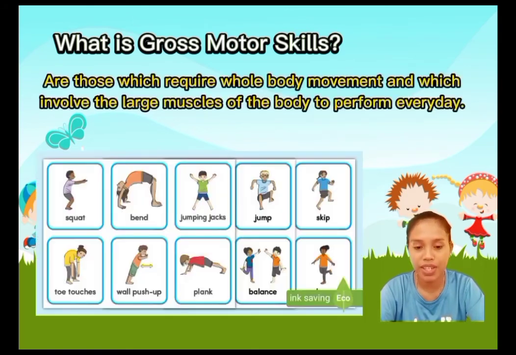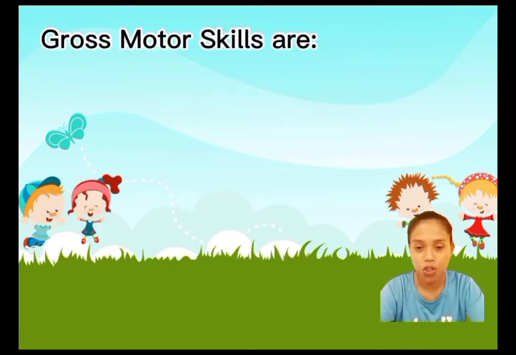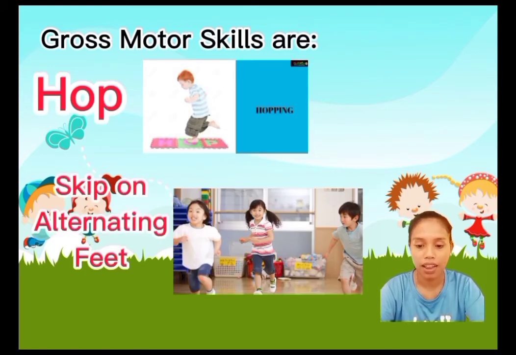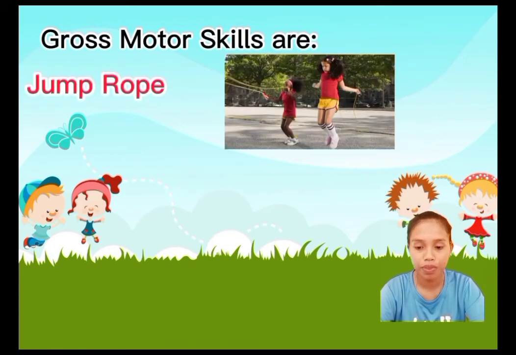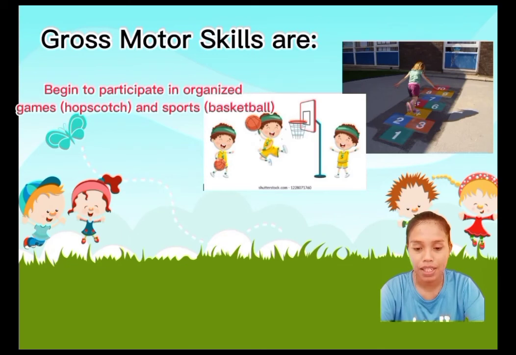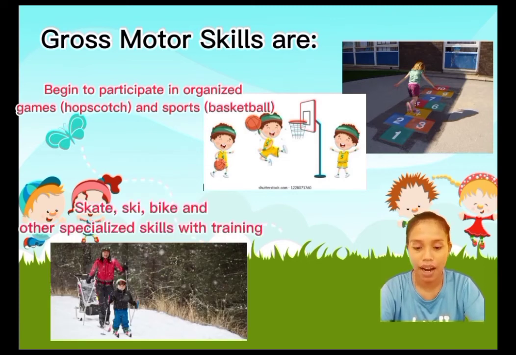While the gross motor skills are those which require whole body movement and which involve the large muscles of the body to perform everything. What are the gross motor skills? These are hop, skip on alternating feet, jump rope, walk on a balance beam. Throwing, catching, and kicking become smoother. Begin to participate in organized games like hopscotch and sports like basketball, skate, ski, bike, and other specialized skills with